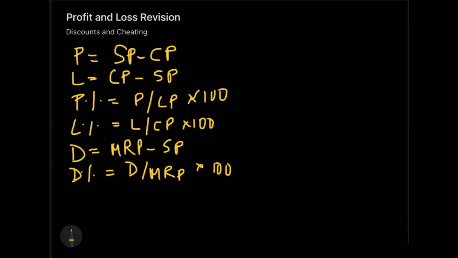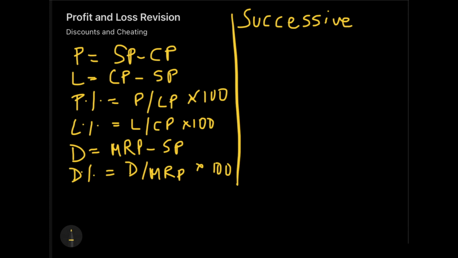Apart from that, let's get down into the discounts, and especially the successive discounts. In successive discounts, you must have seen that people are now well aware of this, so people don't fall prey to it. But earlier there was a huge fan following of this successive discount thing, like 50% off plus 40% off, and people thought that if it's 50 plus 40, it's equal to 90% off. But it's nothing like that.